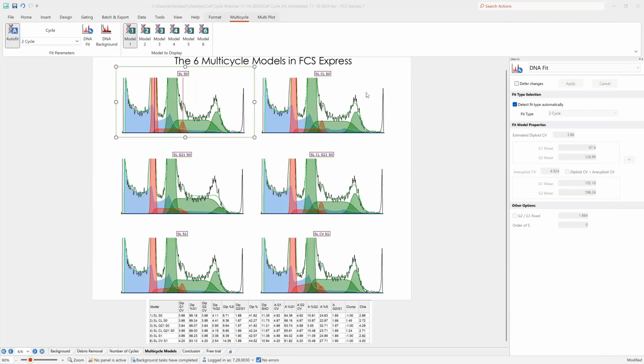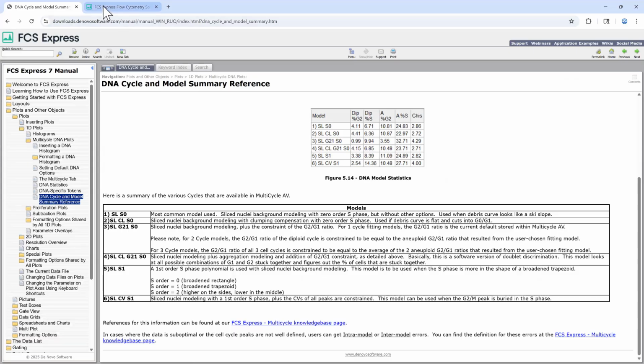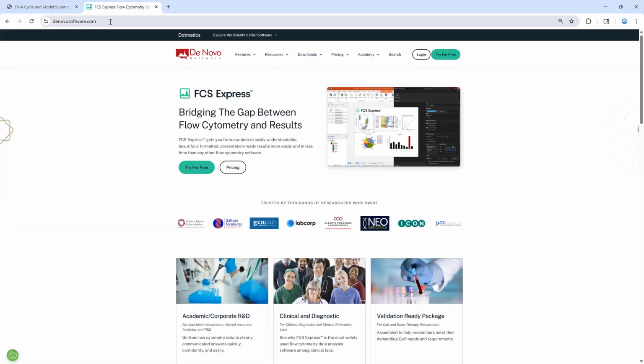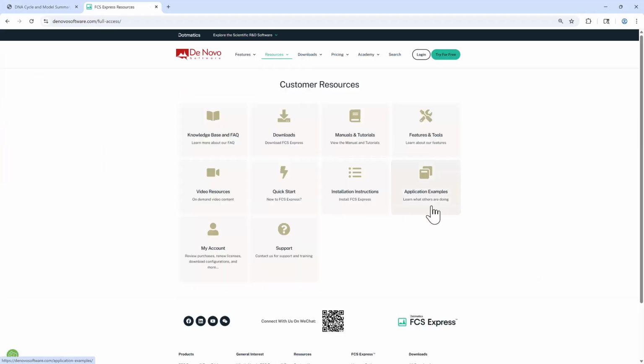Okay, lastly, I'd like to show you our DNA cell cycle analysis template that's available on our website. Our website is denovosoftware.com. Once you get to our homepage, you'll be able to access the template in this way. Go to the Resources button, Application Examples,